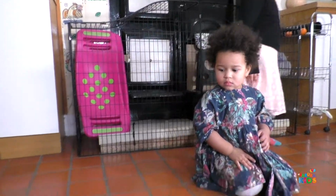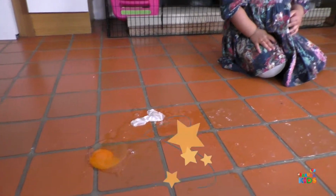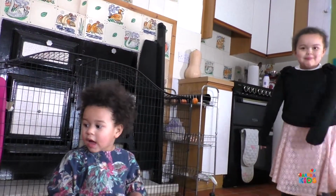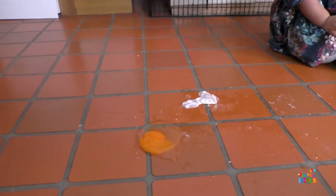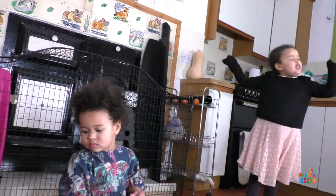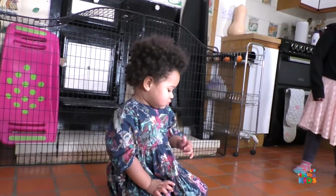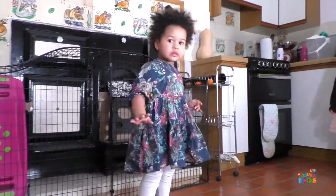And that egg splattered everywhere. So you know that that was a raw egg, but it was a very bouncy egg. Very good bouncing, girls. You splattered the egg everywhere, and now it's a yucky egg yolk. Ugh. Yucky egg mess. We don't want to eat that. I definitely don't want to eat that egg. It's a good thing they were a bit off anyway. Right, Mummy's going to clean up. Let's say bye to everyone, and let's clean this